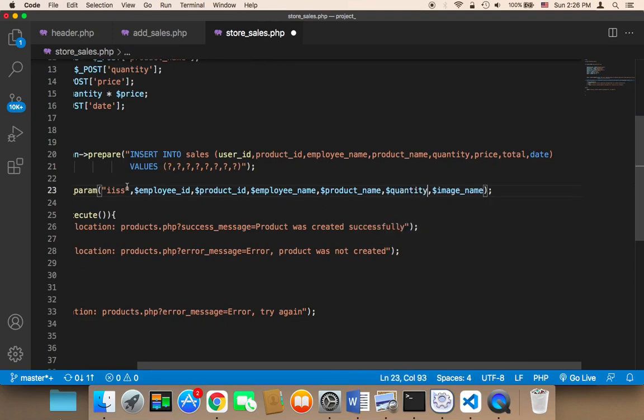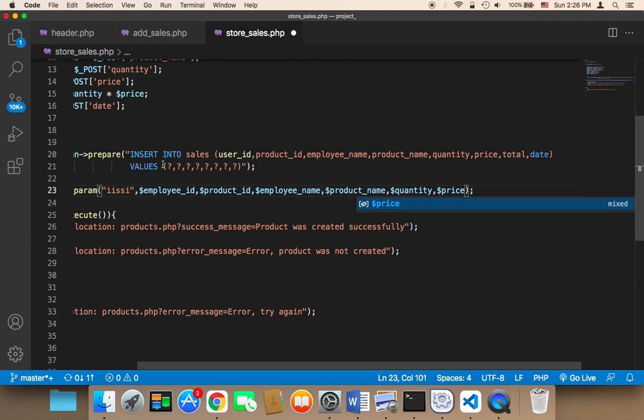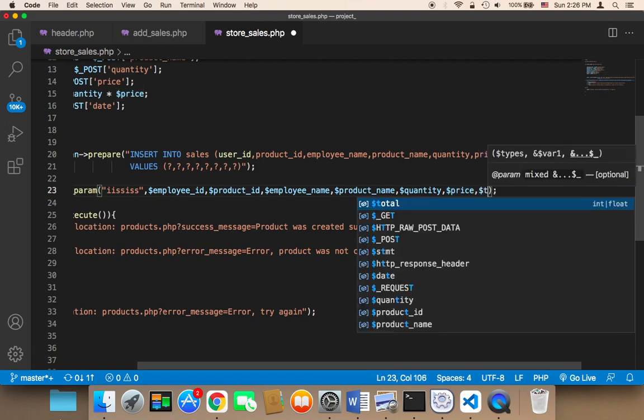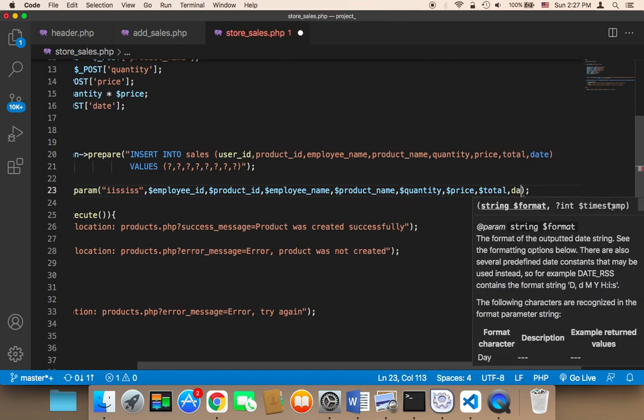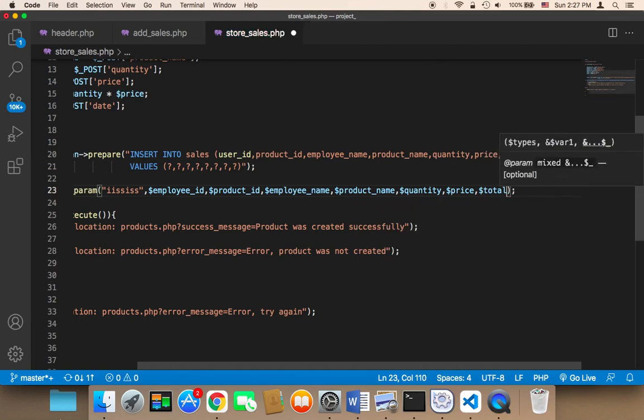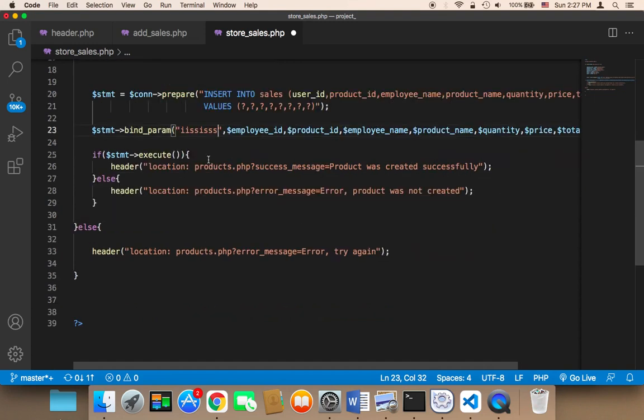Quantity is I, and then price. Price is S, and the total is S. Price and total, and then date. So the date is S. And then we just need to say here